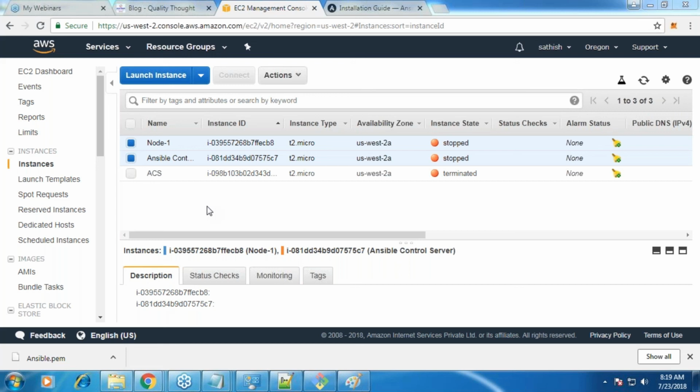SSH keygen is a command you run once. You will get id_rsa and id_rsa.pub. SSH copy ID will copy that id_rsa.pub to your node. So don't worry about that. I'll reiterate that part tomorrow in the class: the key copy, and how that folder looks after that. Okay, any other questions in the room?